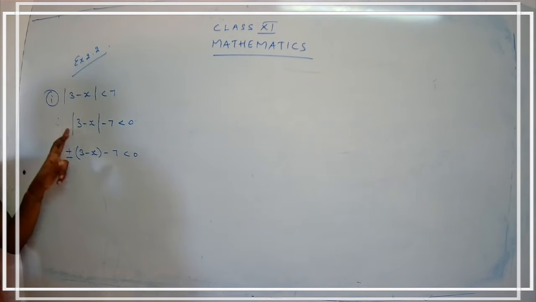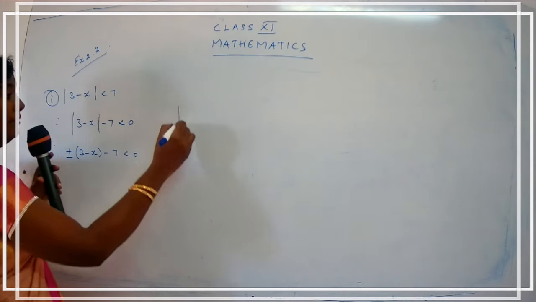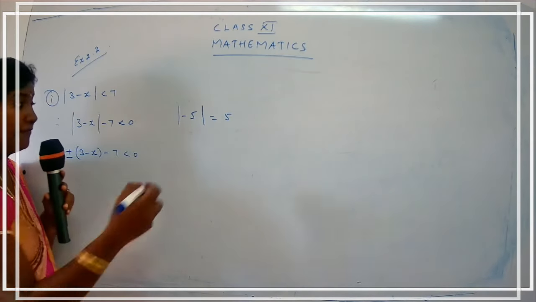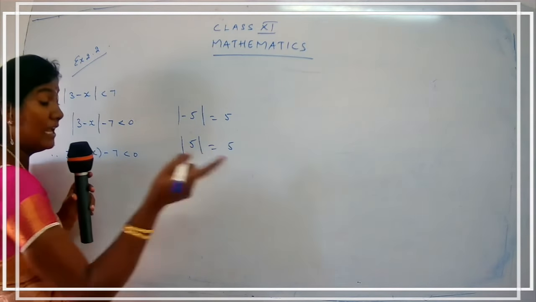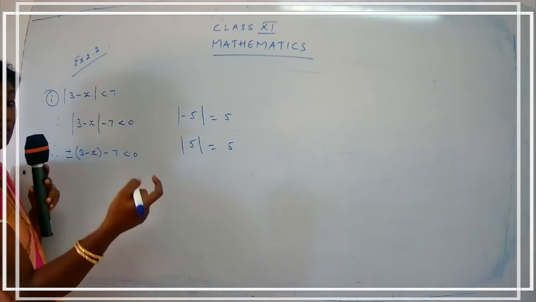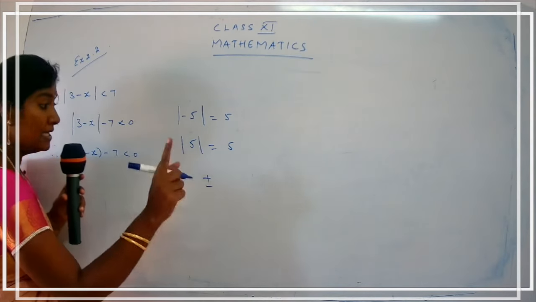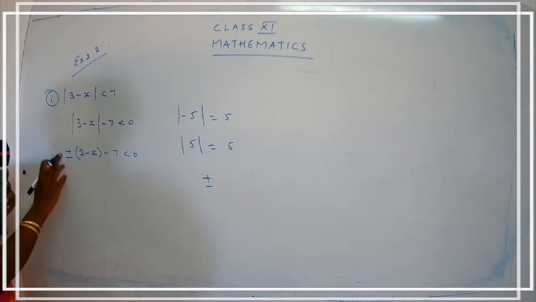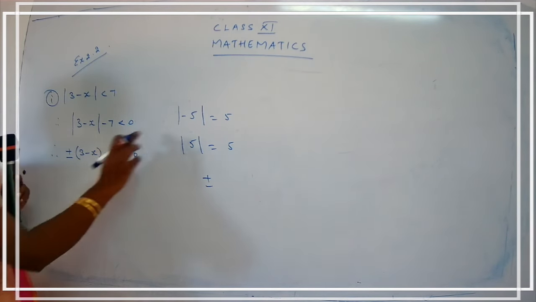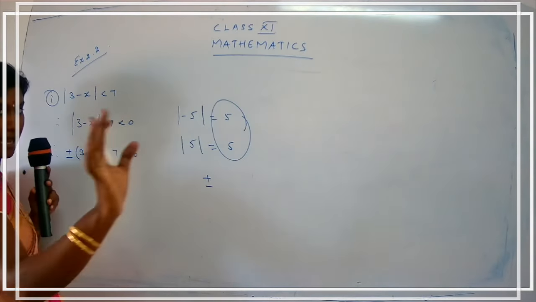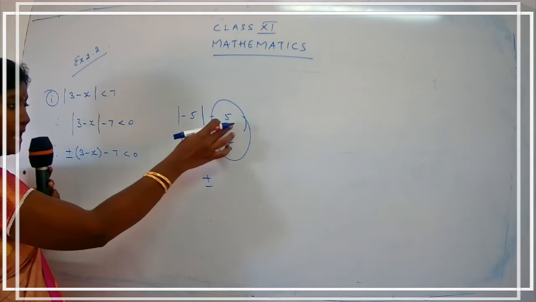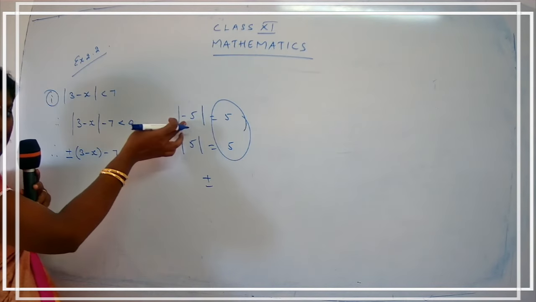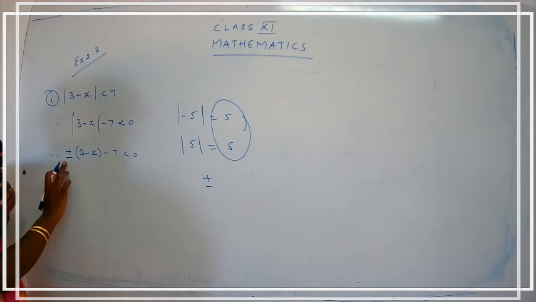It says that absolute value, I have told you that minus 5 is also 5. Yes, absolute value of minus 5 is 5 and absolute value of 5 is 5. Like how we go for square root, when you just remove the square root, you put there plus minus. Yes, children? Similarly, when you are just removing the absolute sign, what you have to do is put a plus minus sign. That is, it may be a positive. I am getting a positive answer. I agree with that. But here the positive answer is belonging to a positive number and also it belongs to a negative number. So you have to consider both the signs.